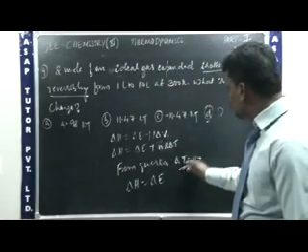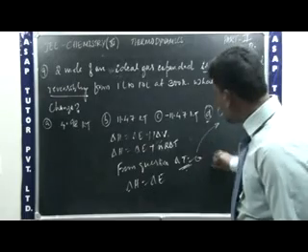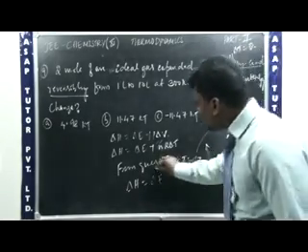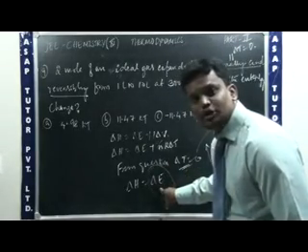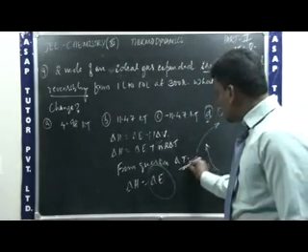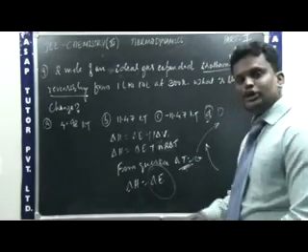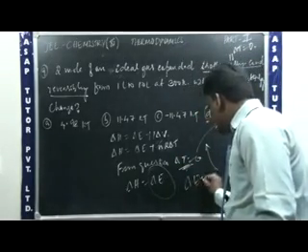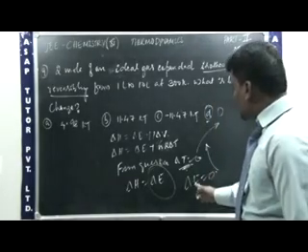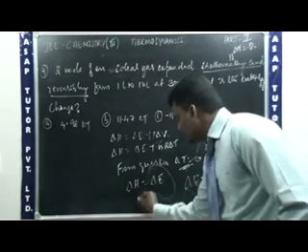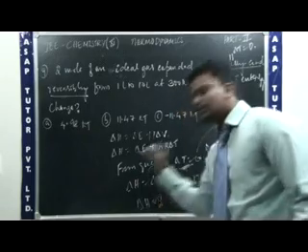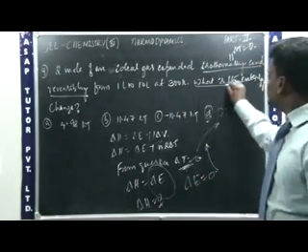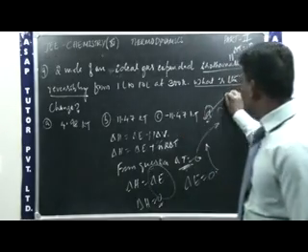There is no change in temperature means there is no heat released from or absorbed by the system. If there is no heat change in the system, then what will be the change in internal energy? Of course, that should be 0, because delta T is equal to 0. There is no change in temperature, meaning there is no change in internal energy. Therefore, delta E is equal to 0. So if delta E is equal to 0, then the value of delta H should also be 0. Therefore, the change in enthalpy is equal to 0.